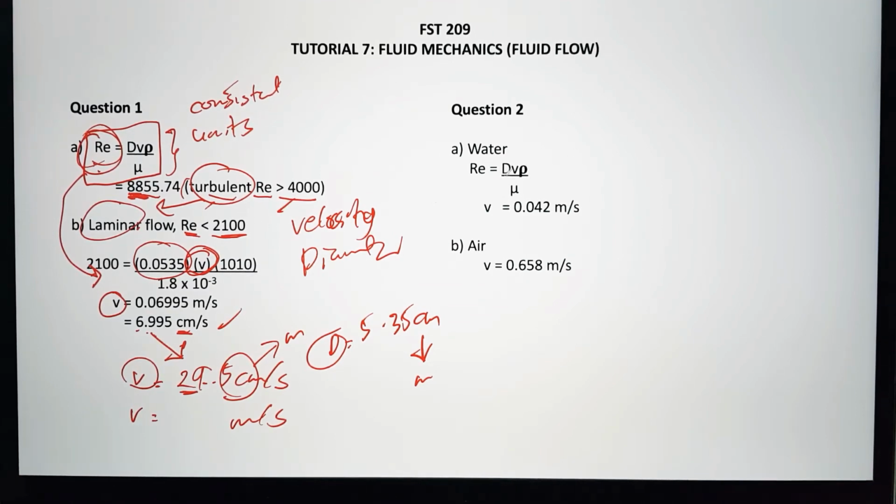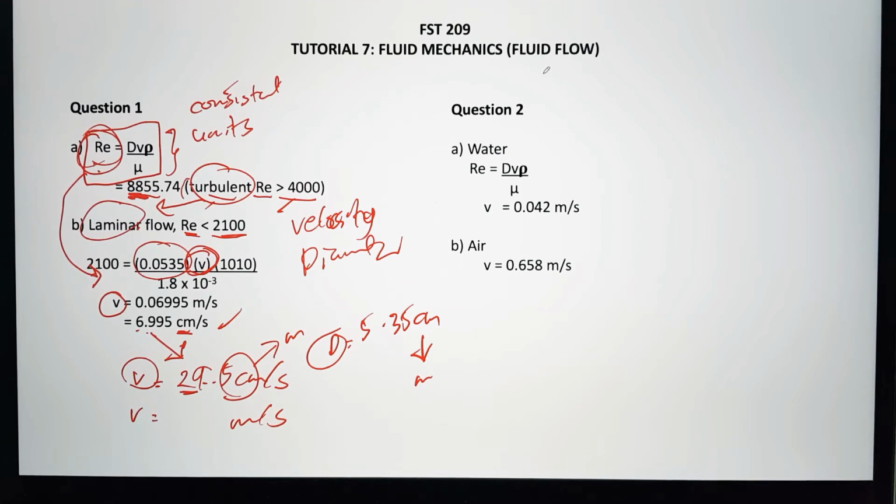Now let's move on to the second question. Okay, at what velocity does air and water flow convert from laminar to transitional in a 5 centimeter diameter pipe at 20 degrees Celsius? So it has been given to you the physical properties of the water and air. The density of water at 20 degrees Celsius is 998.2 kilogram per meter cubed,